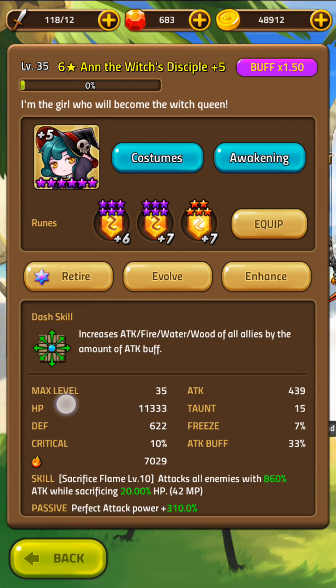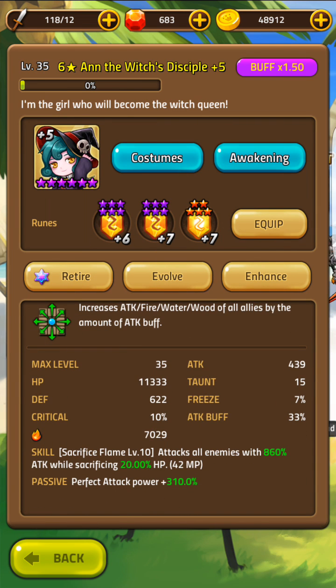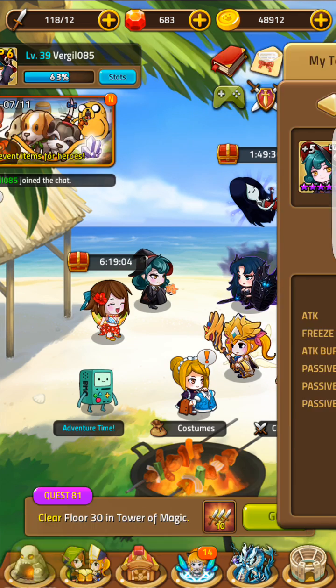Now, another thing is, for example, the Witch's Disciple has something called Perfect Attack Power, which is something that's very useful. You have two attacks. You have your normal attacks in which you use your heroes to attack in a certain formation. Now, in battle, you're going to see something like this. I'm going to go ahead and go to this,